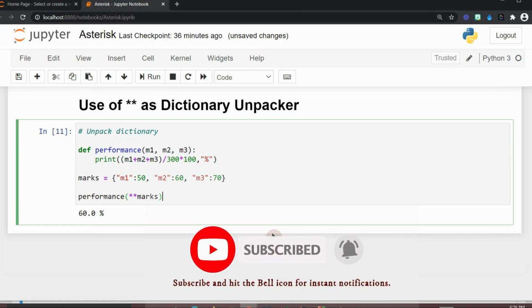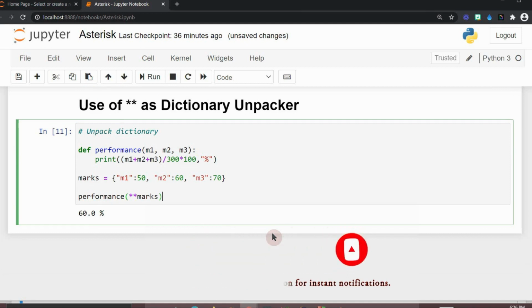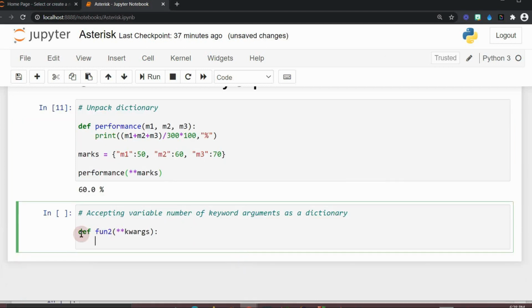In the same way, you can use this dictionary operator double asterisk to combine multiple variables into a dictionary. Now I am defining a function fun2 which will accept a single argument. That argument begins with double asterisk and a variable name representing the keyword arguments.